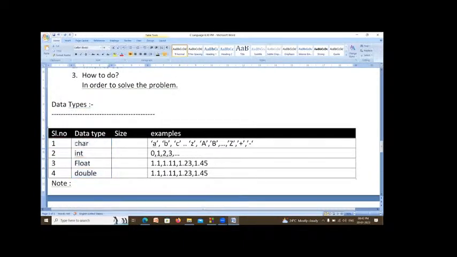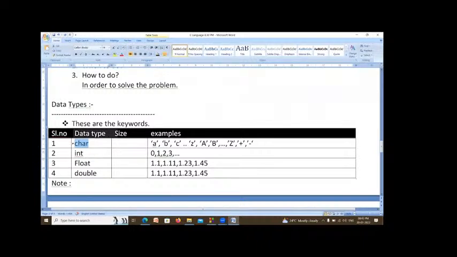Actually, these are the keywords. What is the meaning of keyword? I will explain you. Keywords are nothing but the names already defined in the system.